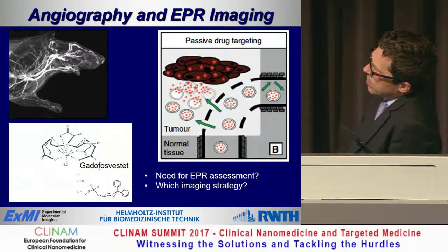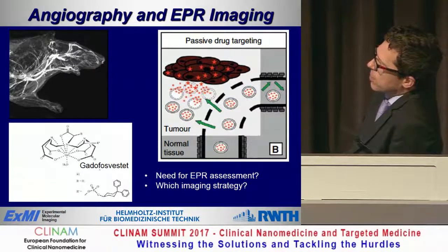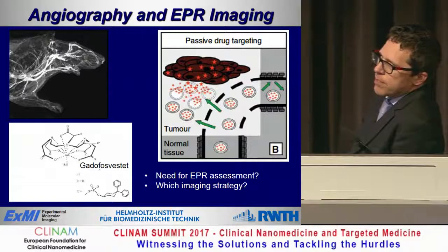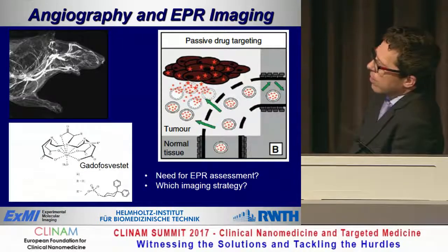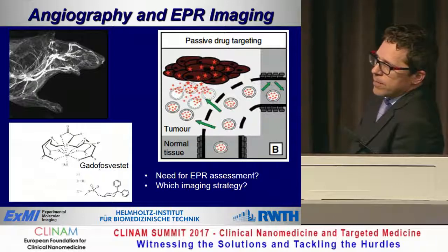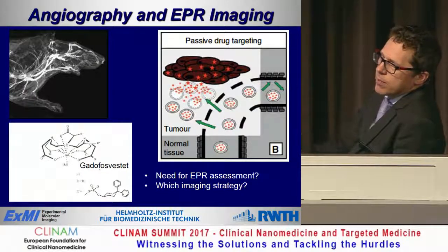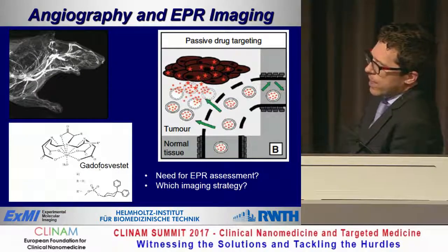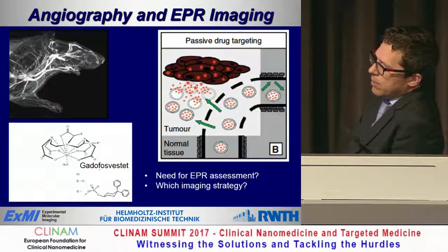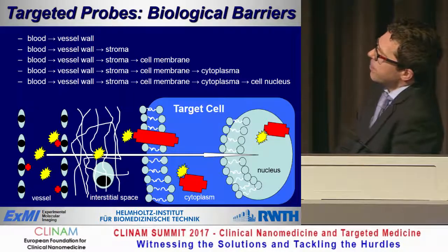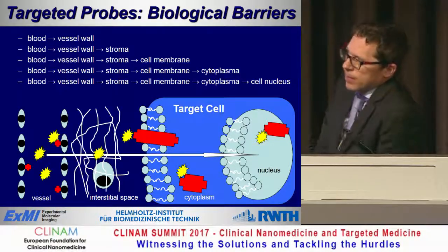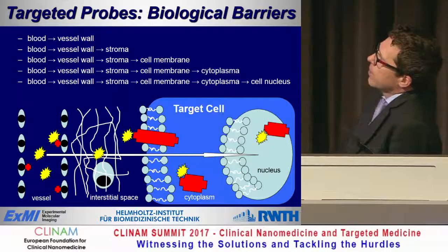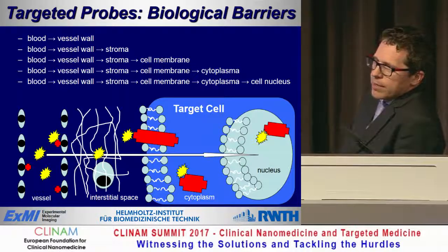The next question is, what is the right imaging strategy to predict EPR? Do we really need a nanoparticle for that, or a theranostic agent, or can we get the same information already with clinical procedures that are already in use, like a scan with, for example, a small gadolinium chelate and a dynamic imaging procedure? Well, in the next point, I would like to discuss a little bit about active targeting.